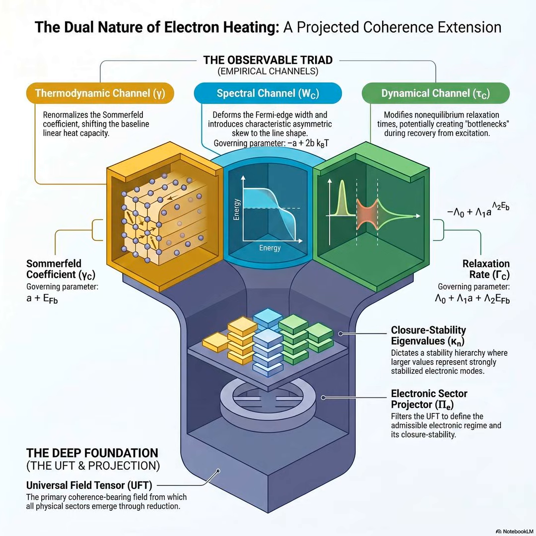But Lillian is saying the electron also hires a structural engineer to inspect the new apartment building. I see exactly where you're going with this. Right. The closure stability, that kappa n value, is the structural integrity of the building. Yeah. So the electron is looking at two empty apartments. One is slightly more expensive in terms of energy, but it's built out of reinforced steel that has a massive kappa n value. Right. The other apartment is slightly cheaper energetically, but it's built out of wet cardboard. It has a terrible kappa n value. Lillian is arguing that the electron's thermal movement is actually biased toward the reinforced steel apartment, even if it costs a bit more thermal energy to get there.